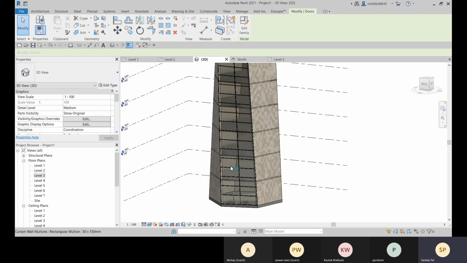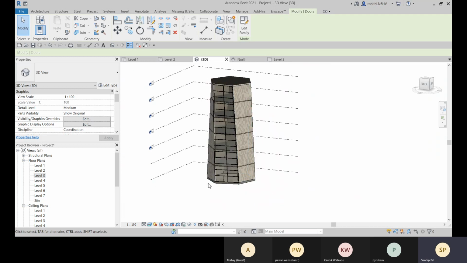So I created two shapes, one at the bottom and one at the top, and the top one is twisted at a particular angle. So you can define for all these floors so that your shape will be more prominent, okay, and well defined.